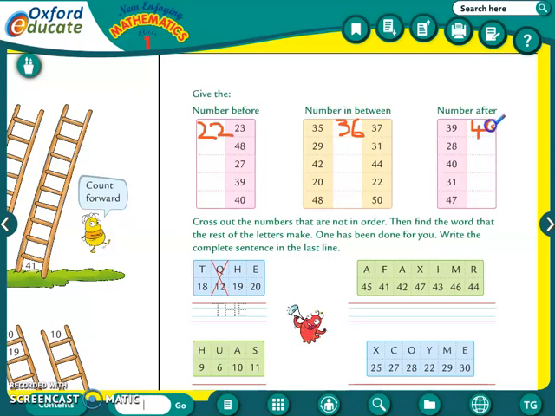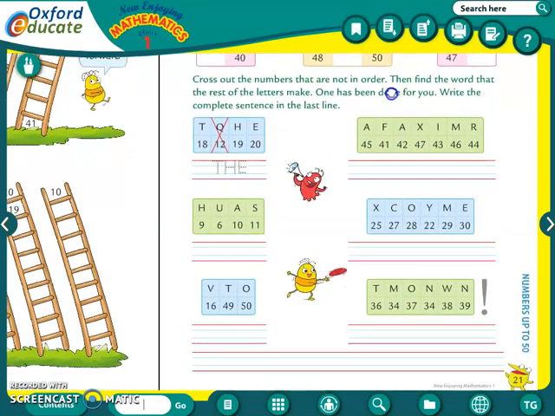You have already done this. So number before, number in between and number after, this part you will do as homework. I will also send you the photo from my textbook so that you can understand it clearly from that PDF. This you just see for the explanation part. Okay. And now let us start with the next topic.